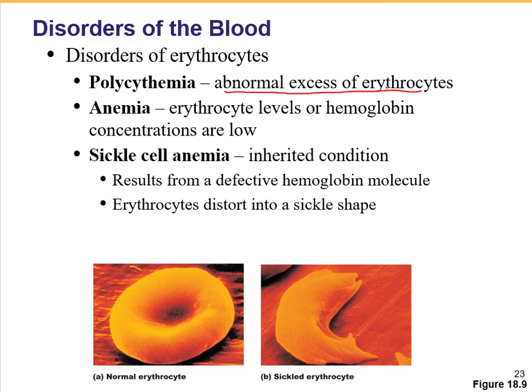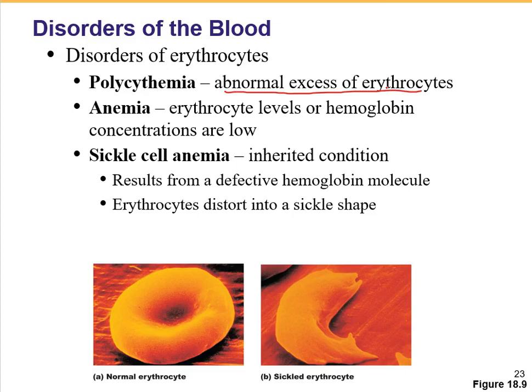This can occur due to different factors such as blood loss, inadequate production of red blood cells, destruction of the red blood cells, or deficiencies in nutrients like iron, vitamin B12, and folic acid, which are necessary to produce the red blood cells. The next disorder is sickle cell anemia, which is an inherited condition caused by a defective hemoglobin